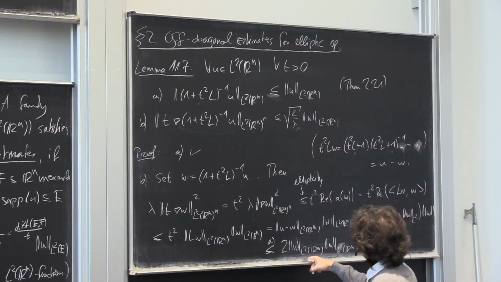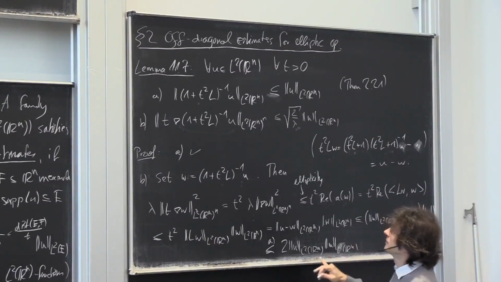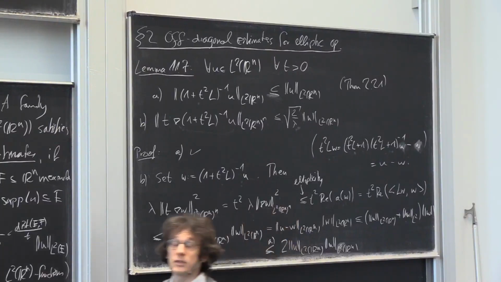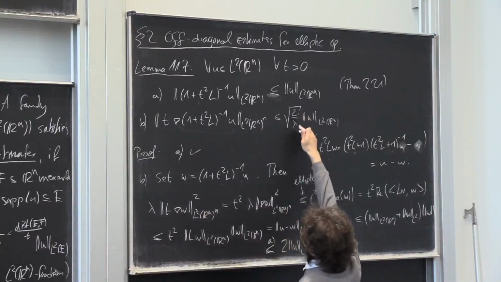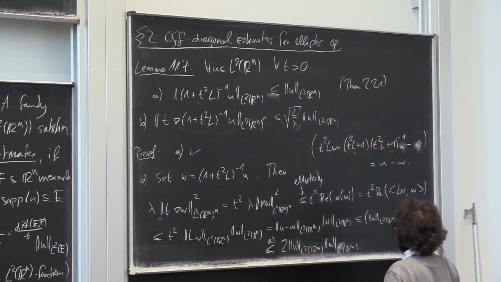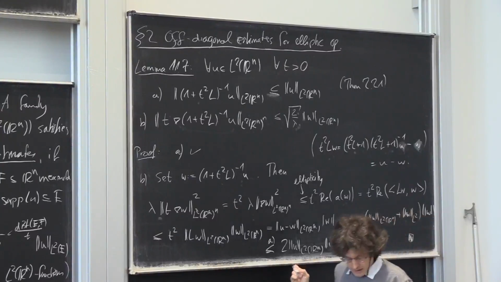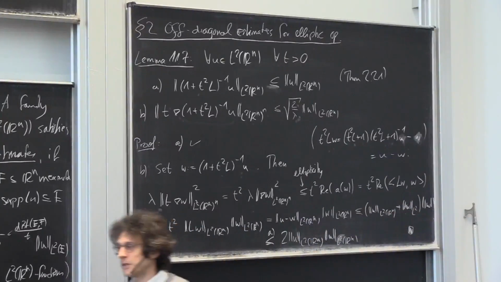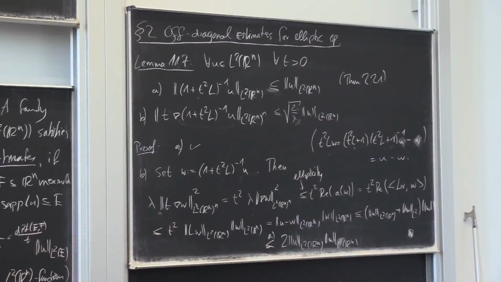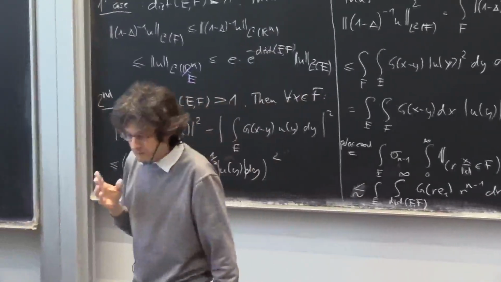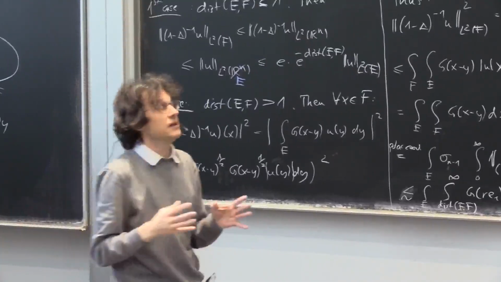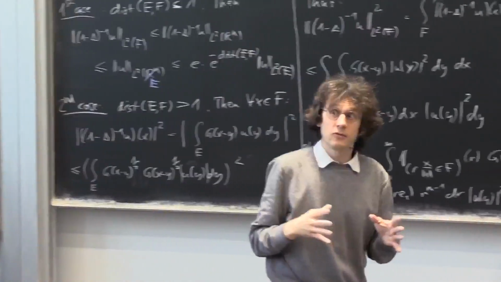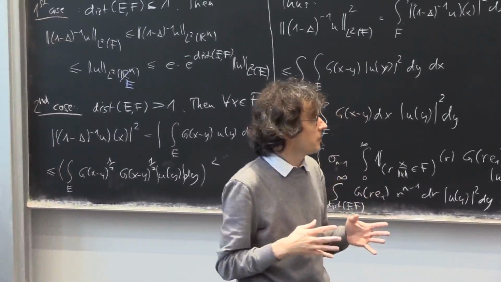And yeah, so this is the norm of u squared. You take the square root, you divide by the square root of lambda, and you're done. So this is the 2 up here, the lambda from here, and taking square roots. Okay, so now we did all the preparations to do the great result of today's lecture. So the rest of today's lecture will now be to prove the L2 off-diagonal estimates for our elliptic operators,